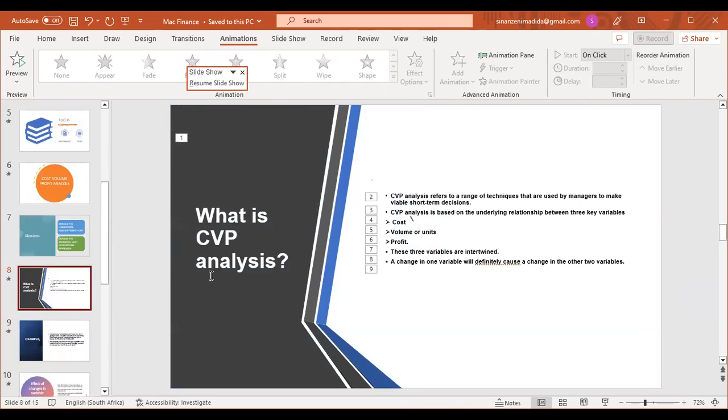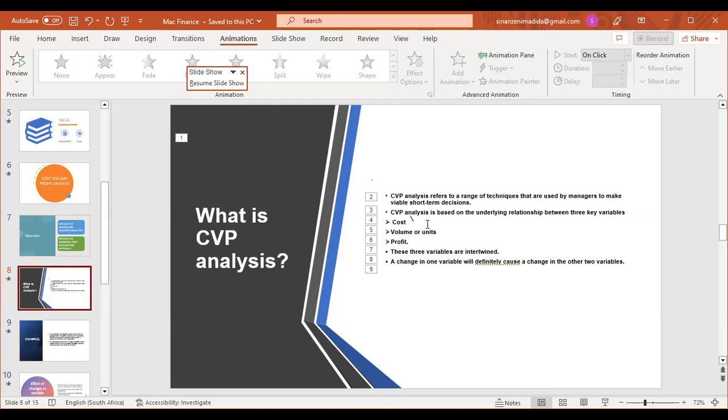Now, before we do anything, you need to understand what CVP analysis is. CVP analysis refers to a range of techniques that are used by managers to make variable short-term decisions. CVP analysis is based on the underlying relationship between 3 key variables. Our CVP, guys, is cost, volume, profit. We are making an analysis. Remember we said when we are analyzing, we'll be comparing. So we are going to be comparing our 3